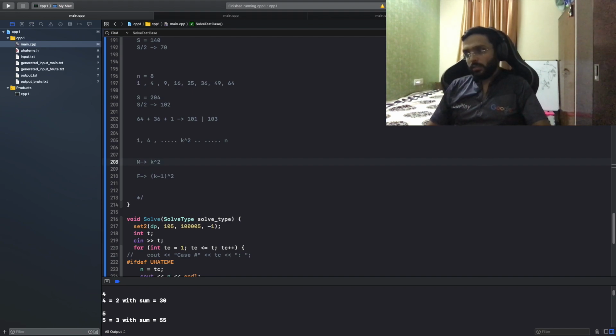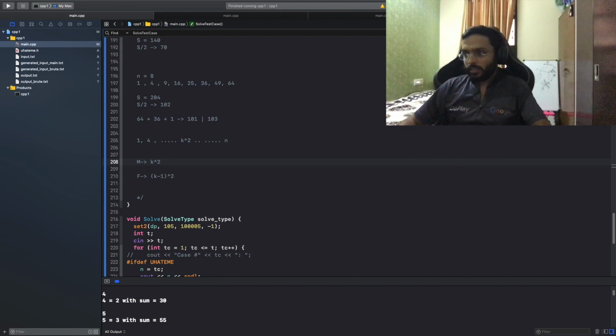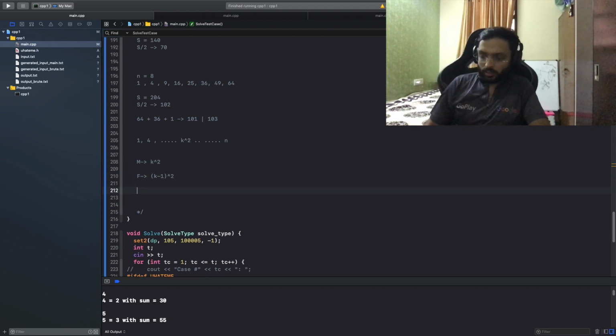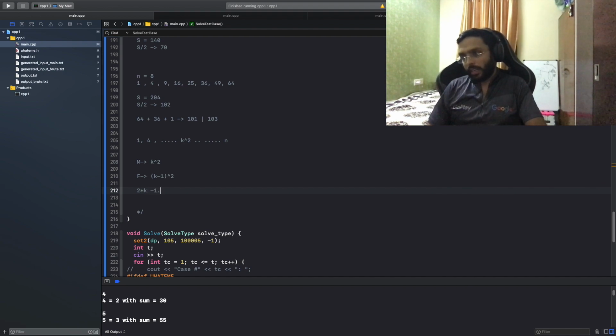So what's extra number of candies am I getting? That's basically a square minus b square. That's a plus b and a minus b. A minus b is 1. That means 2 into k, 2 into k minus 1. This is the extra candies I'm getting.